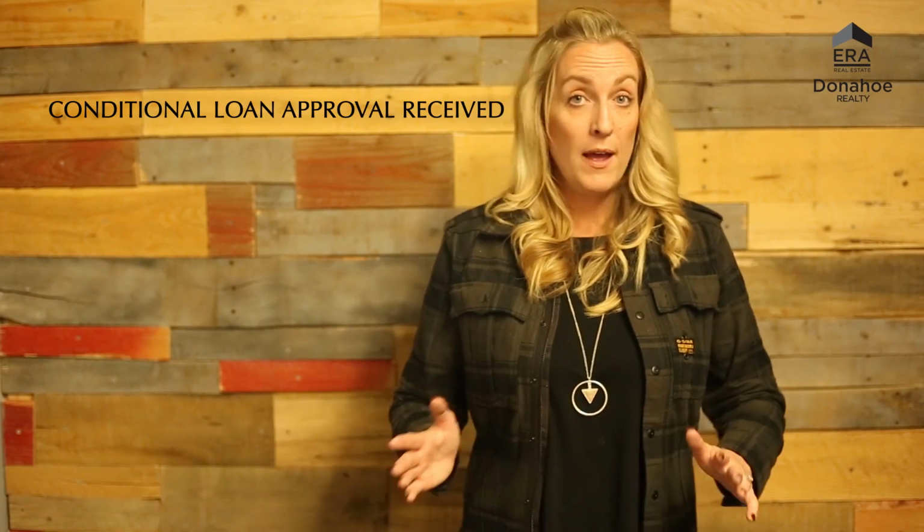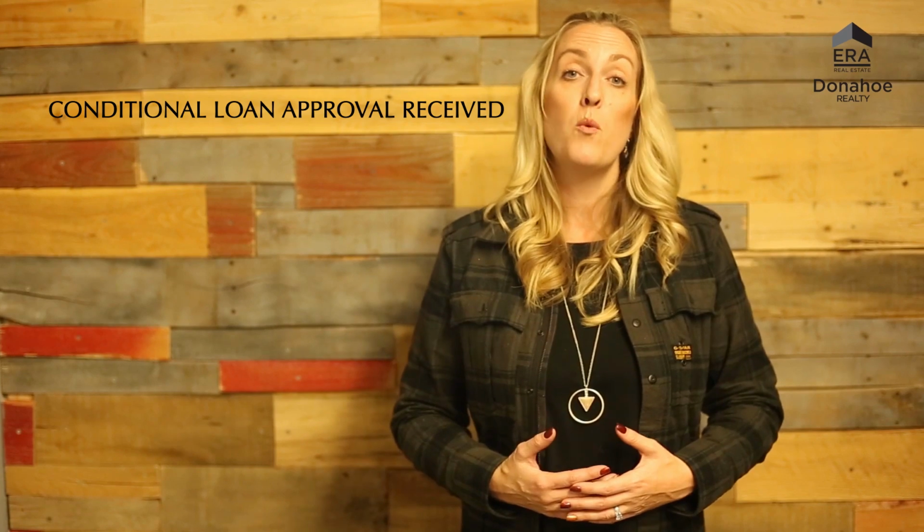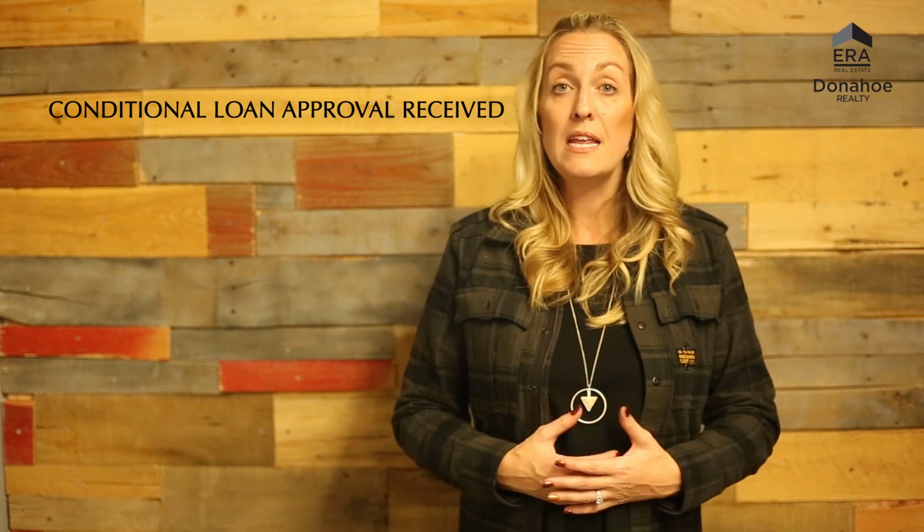So, your file went into underwriting and you have loan approval now. At this point, you'll get a list from the bank of anything else they may need, like your homeowner's insurance information, proof of the earnest deposit clearing your account, or updated pay stubs or bank statements. Also, by this time, your appraisal should have come in and will go into underwriting to be added to the